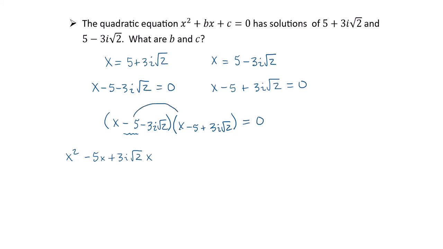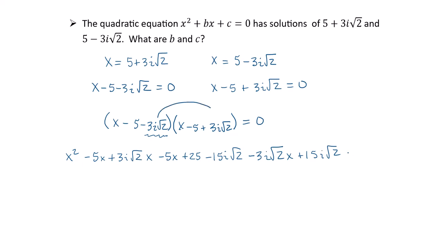Now, negative 5 times x is negative 5x. Negative 5 times negative 5 is a positive 25. Negative 5 times 3i square roots of 2 is negative 15i square roots of 2. Again, we're finished now with that negative 5 multiplying everything. So we'll move to the last term here and multiply it through. I'll have a negative 3i square roots of 2x. I'll have a positive 15i square roots of 2